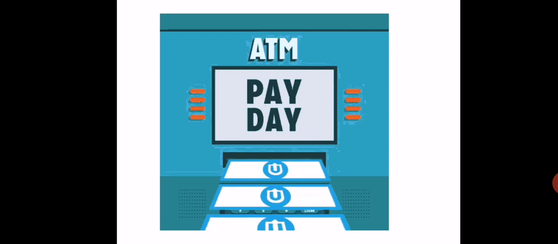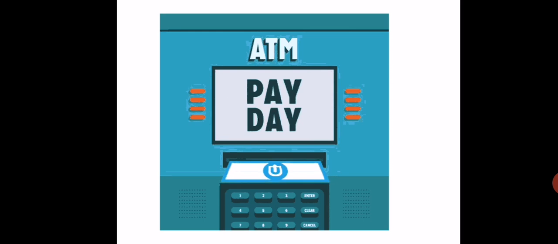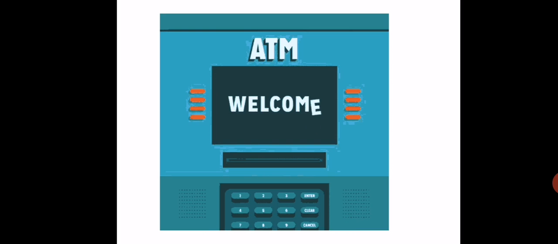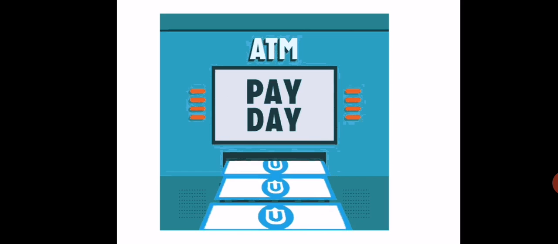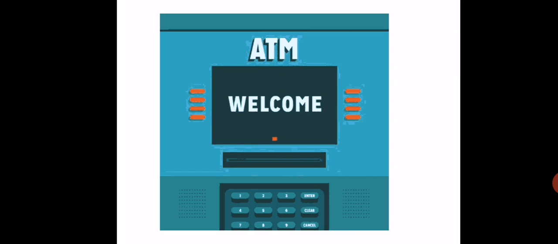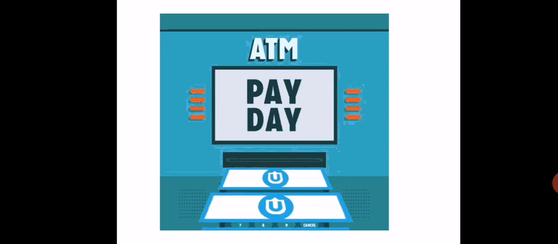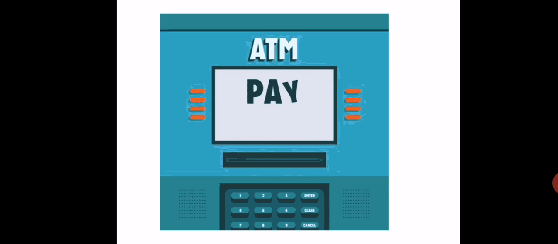For abstraction, you might have used an ATM machine many times for cash withdrawal and bank statements. The ATM machine has a swipe slot, touch screen, or a keyboard to withdraw the money, but you never know what exact actions or operations take place internally in the machine. Like after the swipe, the machine checks whether the card is valid or not, and the pin is verified, and only then can you withdraw the amount.